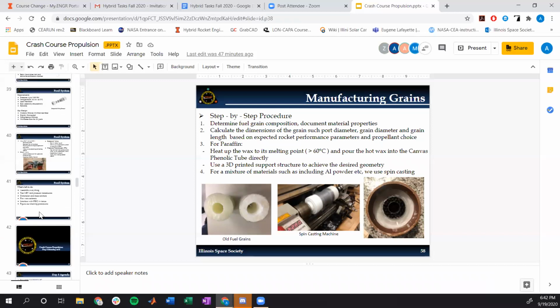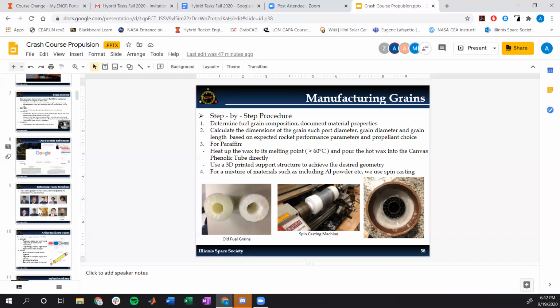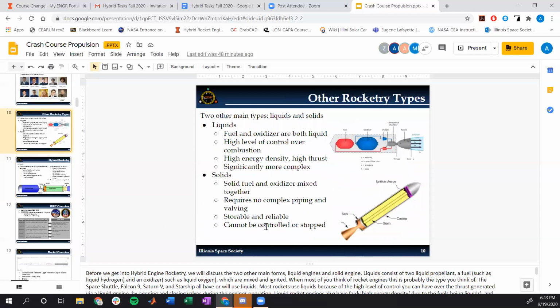So is the liquid fuel tank just not pictured in the diagram? So we have a liquid oxidizer tank, and we have a solid fuel grain. So there are two propellants. One is an oxidizer, one is a fuel, which are the two things that make up combustion. So then the grain is only the fuel. There's no oxidizer mixed in, so you can actually fully control. Correct. Oh, that's sick. Yes, that's actually one of the big things about solids,